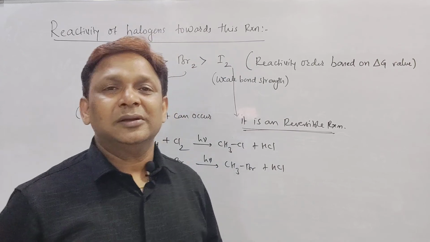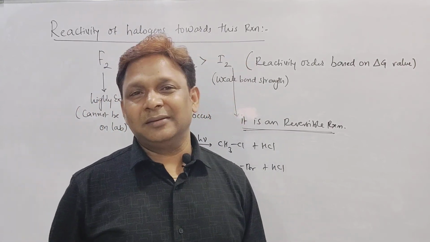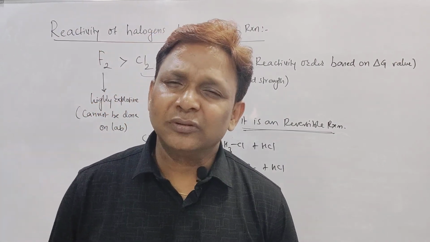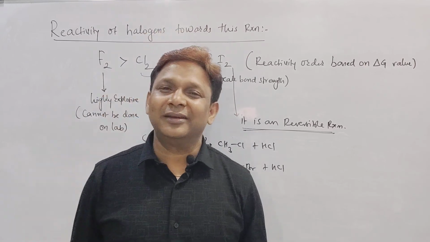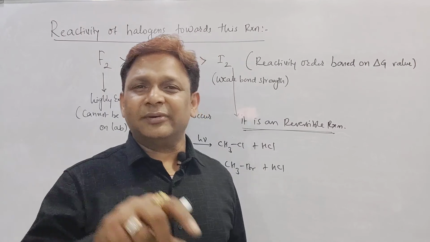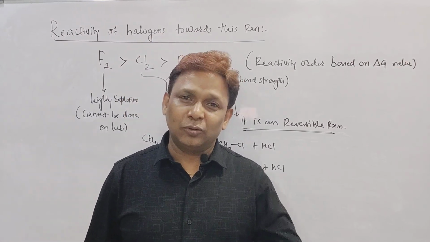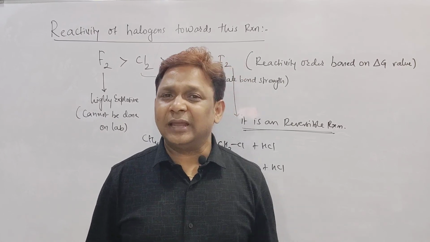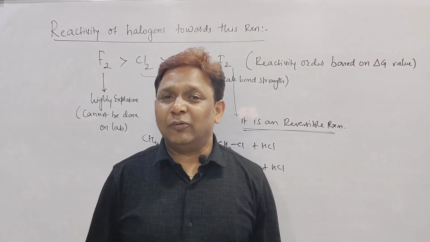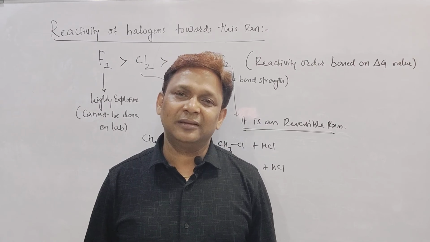Is it clear, beta? In today's video, I did only the halogenation of alkane, right, beta? Because we started the reaction mechanism, and this video goes to nearly 1 hour. It's not correct to make one video itself 2 or 3 hours. So half of the part I did here is about halogenation of alkane, where I told you, beta, how the mechanism takes place in each step, which is exo, which is endo, how to identify, and what the possible products are during the halogenation of alkane. Is it clear? Right, beta?